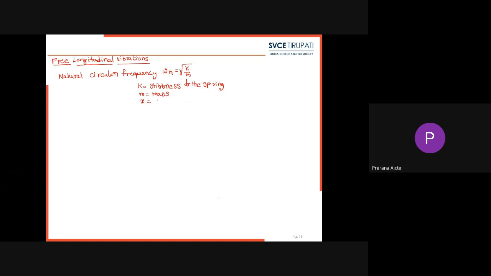X is the displacement. You may not see this x in this particular equation, but it will come in the natural representation of the equation m x double dot plus k x is equal to 0. So this is the equation. So x represents the displacement here,